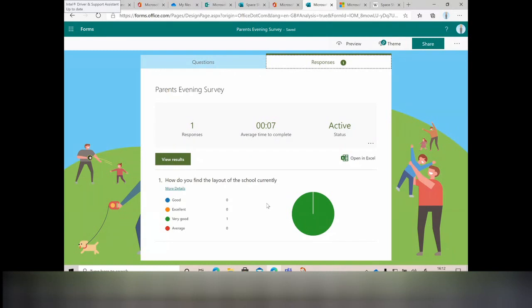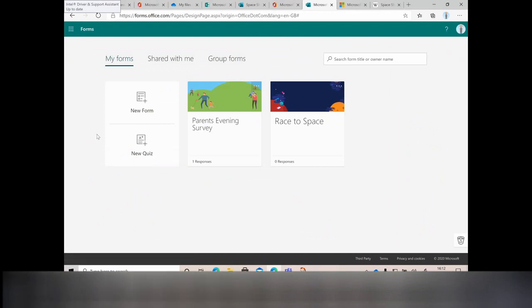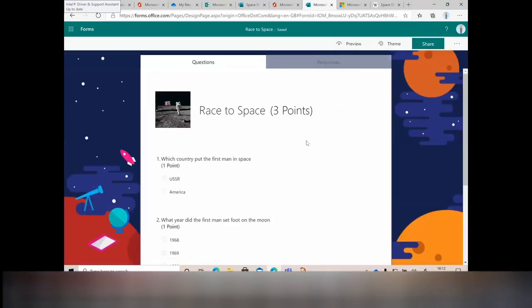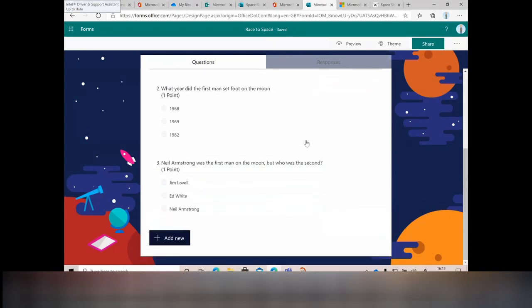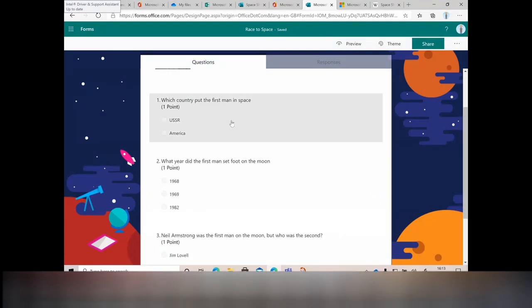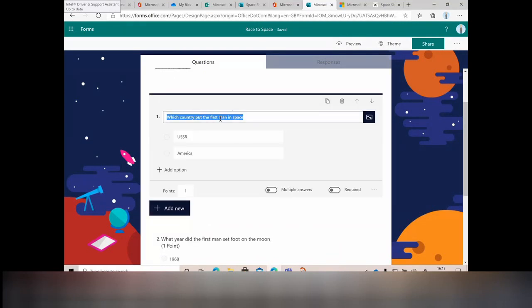I've really just popped a few things in there, some questions, but the difference now is that when we use a quiz, we click on the question that we've added, and we'll see that it has the ability to add a point score to it. So we can grade each question with a number of points. We can obviously do things like allowing multiple answers depending on the type of question. If I go to the question itself, I've got the option to delete, but I can add maybe a tip on there. So perhaps if you selected the USSR, we could put a little tip in there and go,